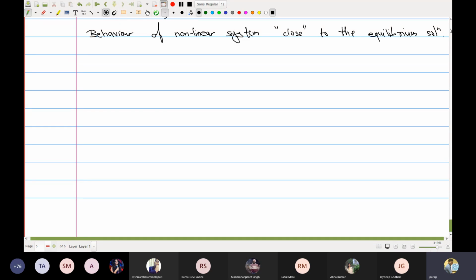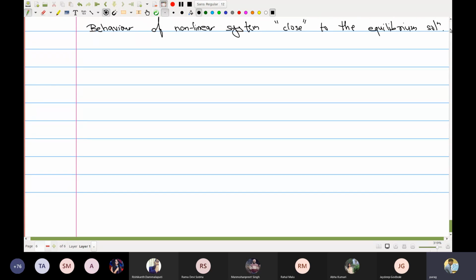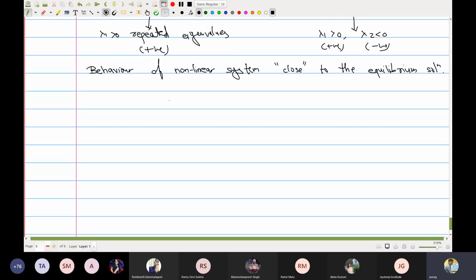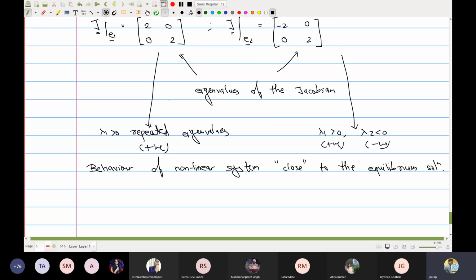Okay, and because you are implementing a control system, you expect that the deviation is not going to be very, very large because your control system has to quickly come into action, right? So close to the equilibrium solution, your system is running at steady state, which basically means that you are at equilibrium. If you deviate from equilibrium solution, what you want to know is whether your system is going to blow up and diverge or it would come back. So what you are basically going to do is you are going to analyze lambda 1, lambda 2.